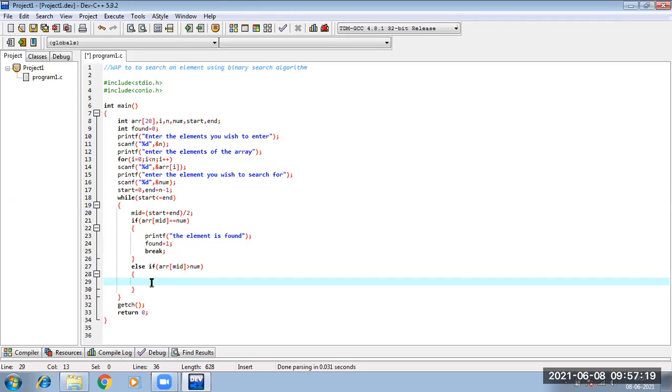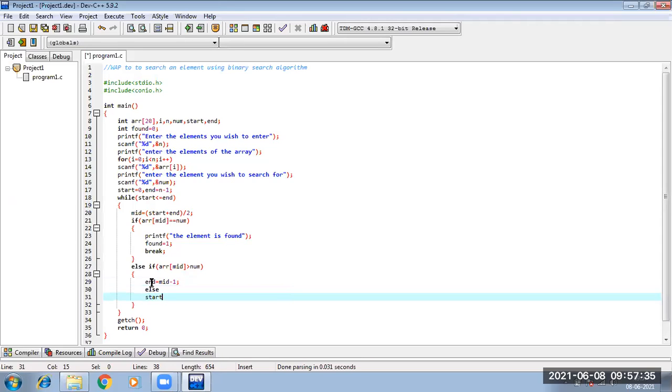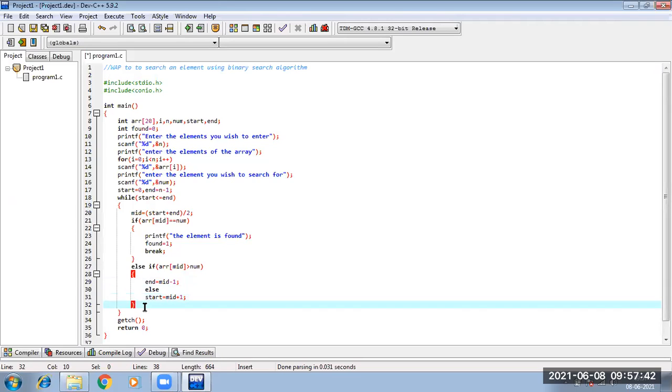So end will be updated to mid minus 1, right? And if this is not the case, then start is updated to mid plus 1, right? So this was the thing.